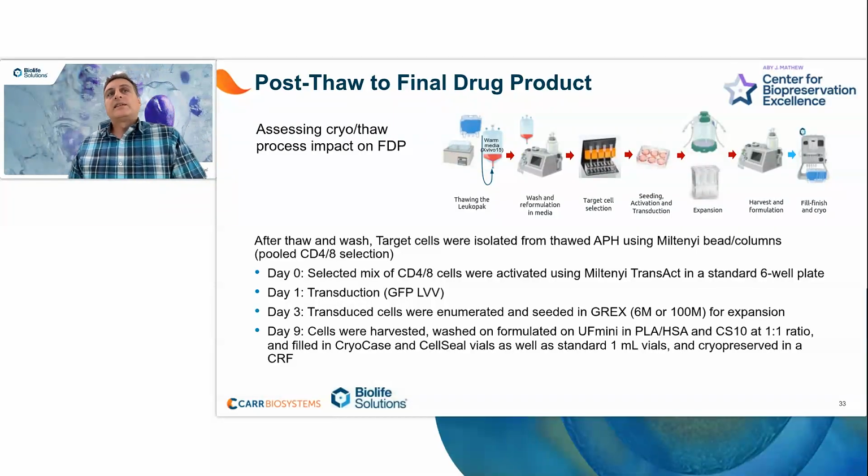The isolated cells were then used to seed for activation and transduction steps in a 6-well plate. We did this in 2 different ways. Either it was a pull down of CD4 and 8 cells together. We also did sequential selection so that we can have a control on the ratio of CD4 CD8s at the